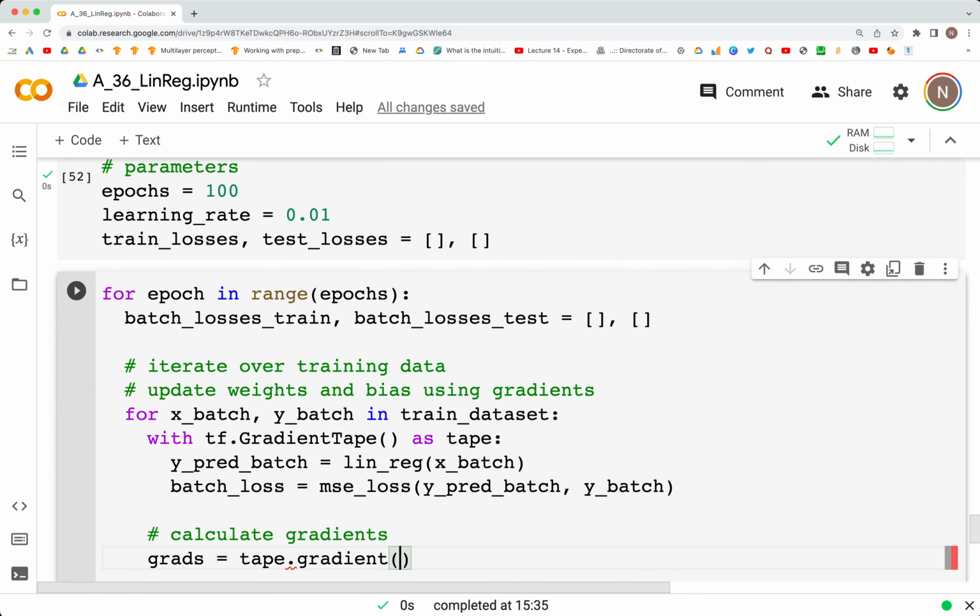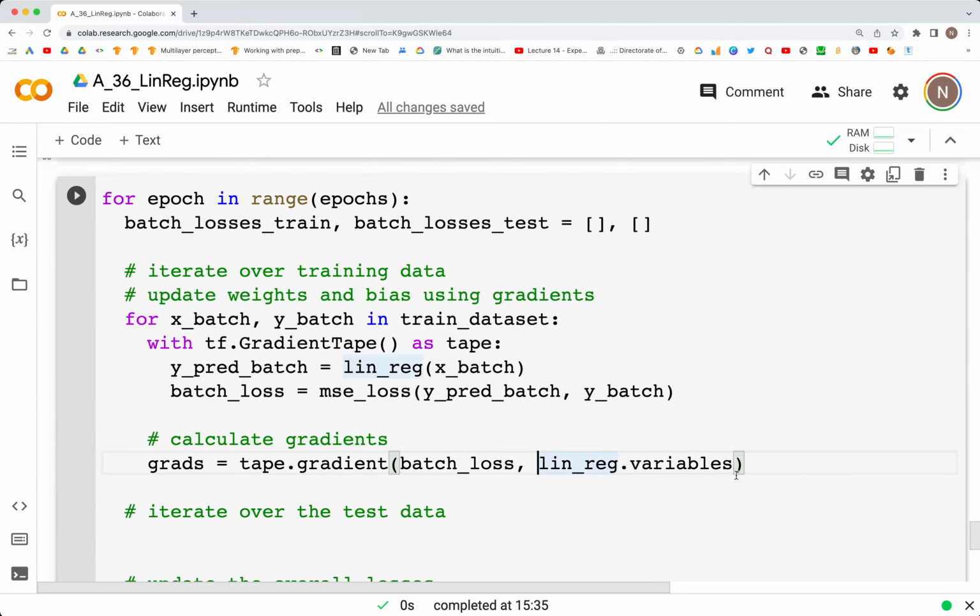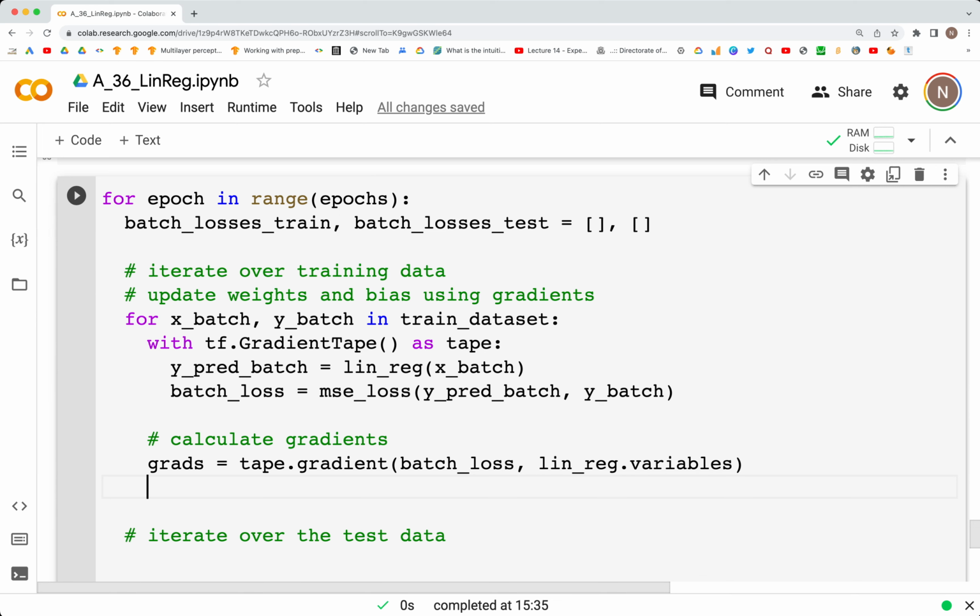This will take in the loss that we have calculated and the lin_reg.variables. If you're wondering what these are, we will come to that in a moment after we write out this entire loop. Next we have for g, v in zip(grads, lin_reg.variables),